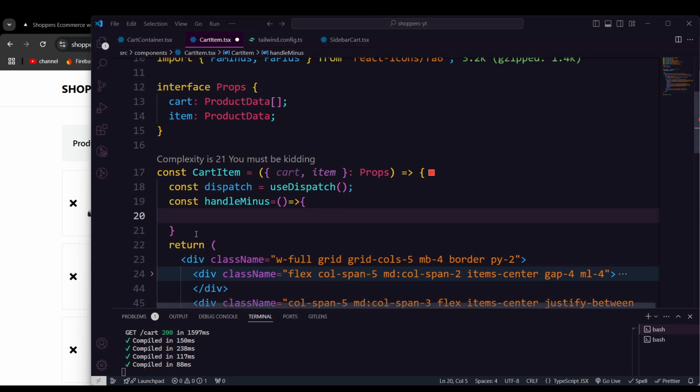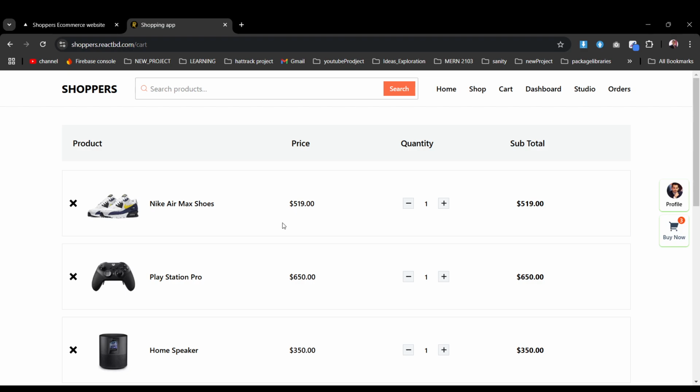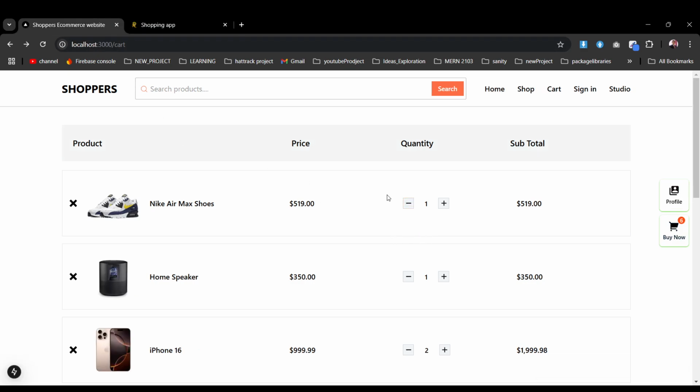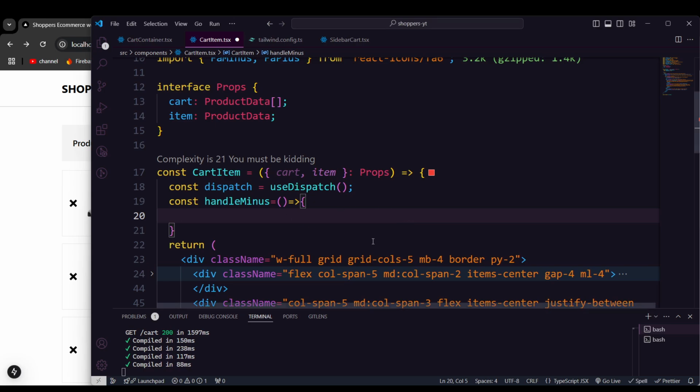And to just go with that, because as you see, we also have that minus. We cannot make it, like if it's 1, we cannot decrease less than 1, right? So that's the property we need to create. For right now we have nothing to do here, but we're gonna create that functionality so that it will not just increase like that. So first of all, I'm gonna grab that existing quantity and how we can make that